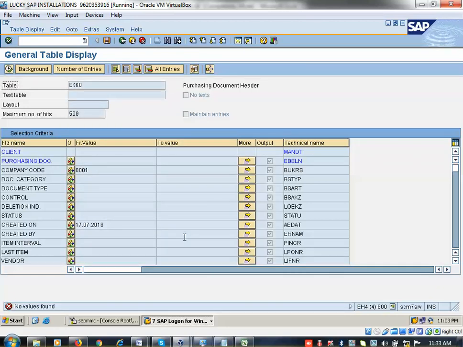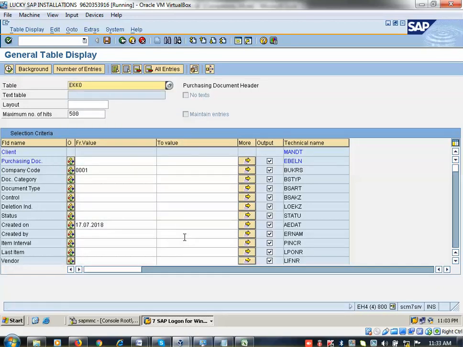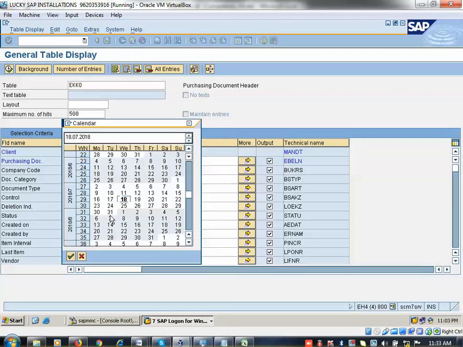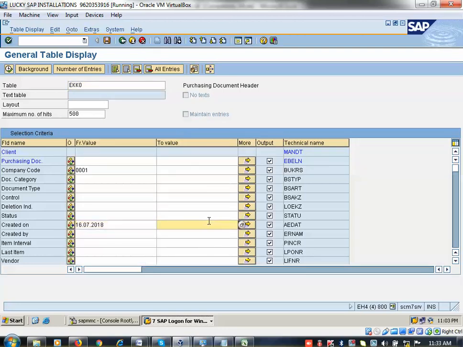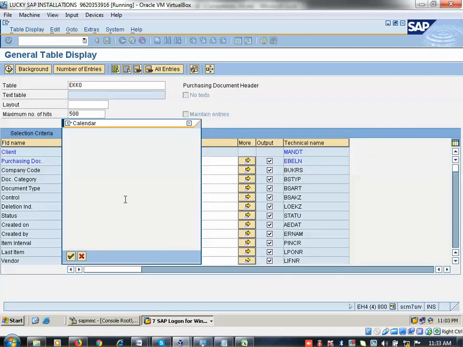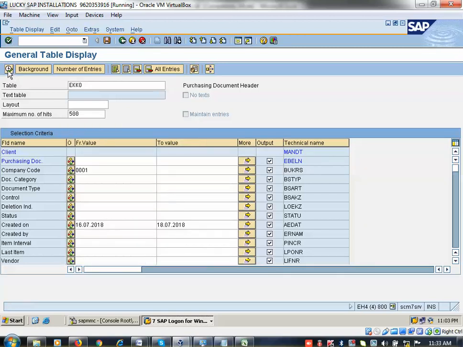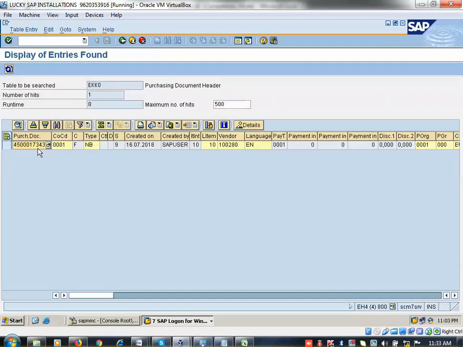This is the, okay, 17/7/18. I have not created any PO yesterday. Only one PO. Okay, this is my PO which I created.